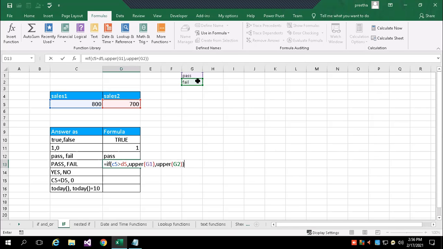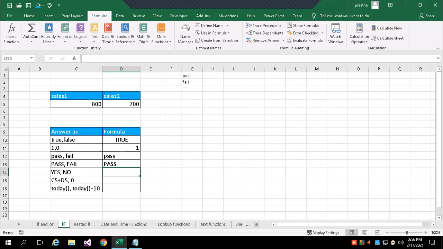This is also like this. Anything you can do. If the condition is satisfied, I wanted to write another function. I wanted to write n number of functions, nested functions. It is possible. Okay. If you write one function within another, it is called a nested function. So now I have written the upper function inside the if statement. I wanted to show you purposefully that after verifying the condition, if the condition is true, I want to write one formula. That means I want to write a function.